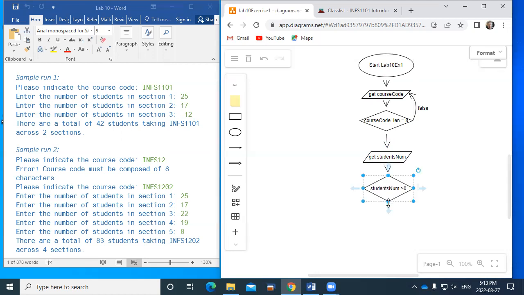So we will get the student number, and we're going to add that student number to a total. Oh my gosh, we should have initialized the total at the start. So that would be,